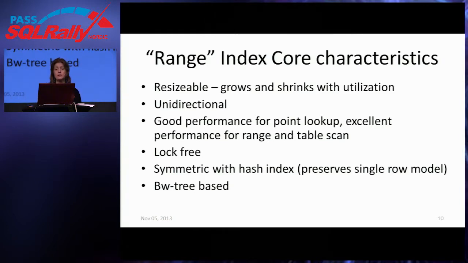One difference between the memory optimized range indexes and a regular B-tree index is that the sequence of rows is unidirectional. We have pointers to the next values. We don't have any pointers to the previous values. If you want to do a descending sort, for example, on a column with a range index, you can if you've created the index as a descending index, but then you couldn't do an ascending search on it. So if you really want to do both ascending and descending, you have to actually use 2 of your limited number of indexes. And I think, now that I say that, I forgot to tell you that.